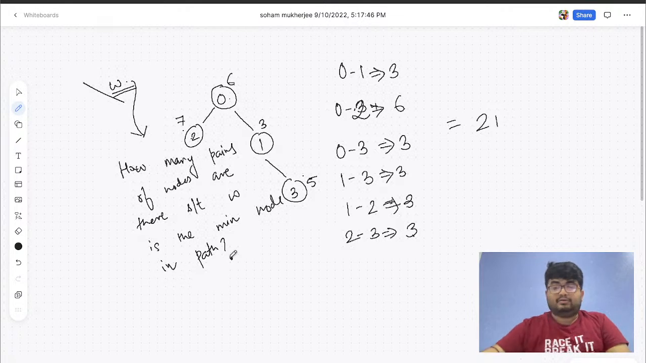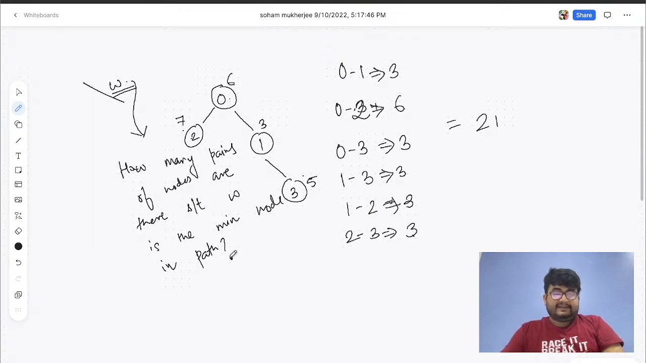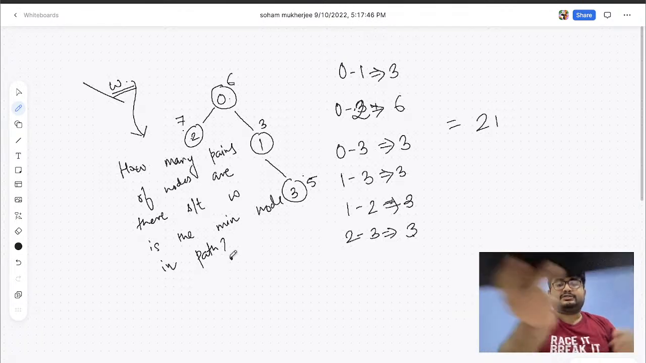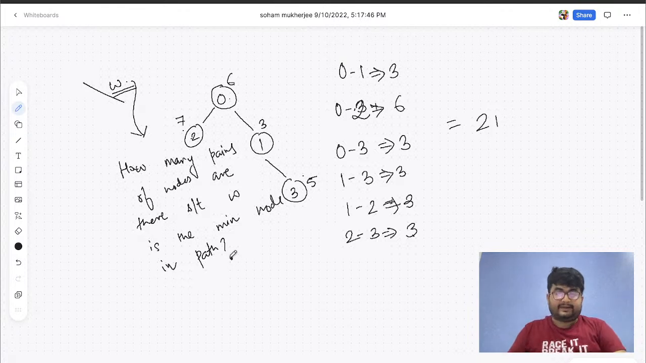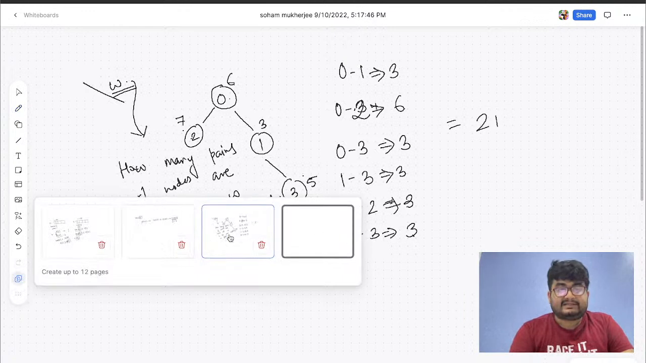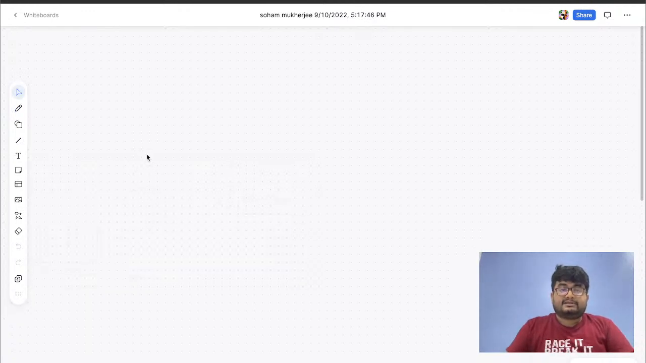Okay. So how many can we tell? Can we think about a way that will give us this? Let me just arrange my writing pad. Okay. So let's understand this. How do we tell? So W